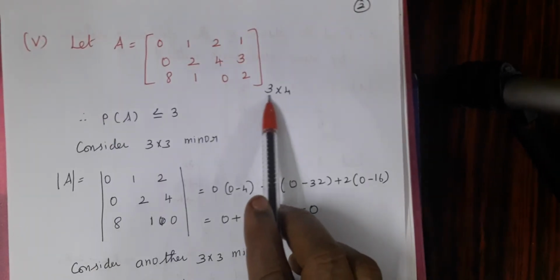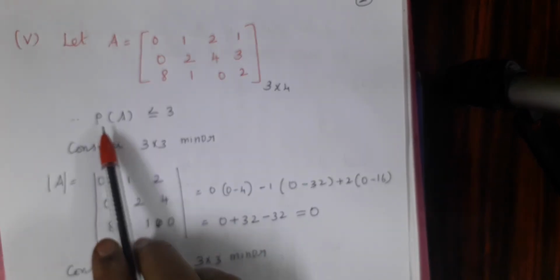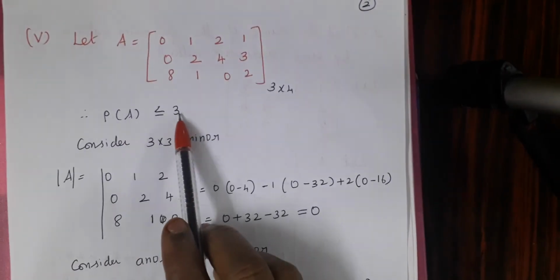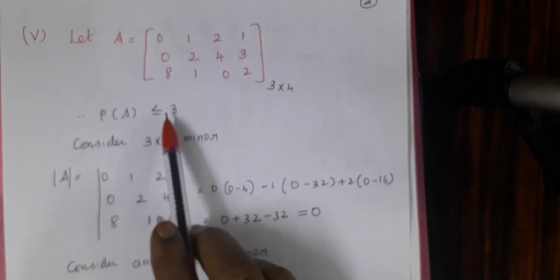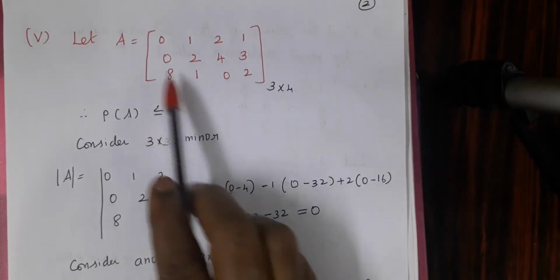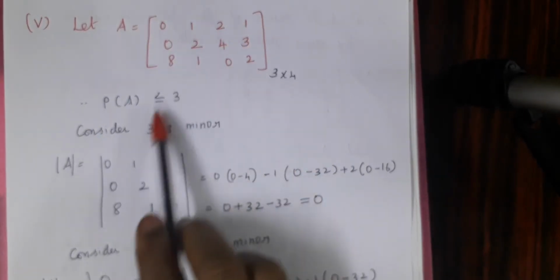Rank, which is the smallest one? 3 is the smallest one. The rank, easily we say, is less than or equal to 3. That is nothing but the minimum value. The minimum value is 3. Therefore, the rank is 3 or less than or equal to 3. Here, among that, we take a square matrix. Which one is that? We are able to find the 3 by 3 square matrix.